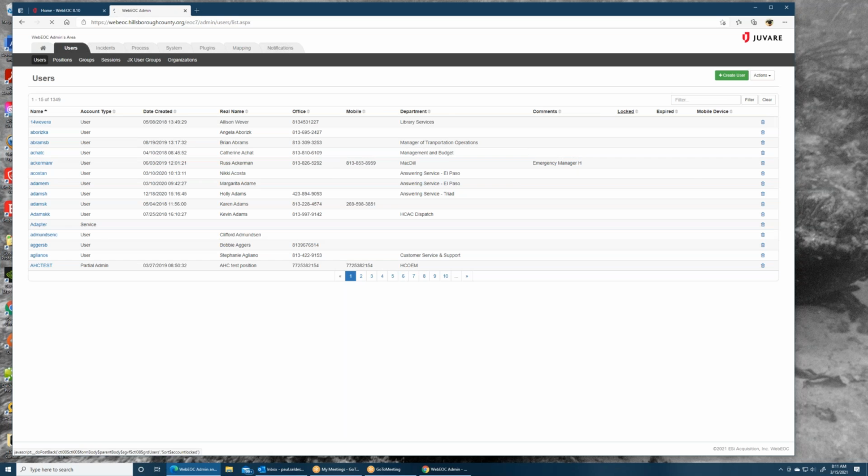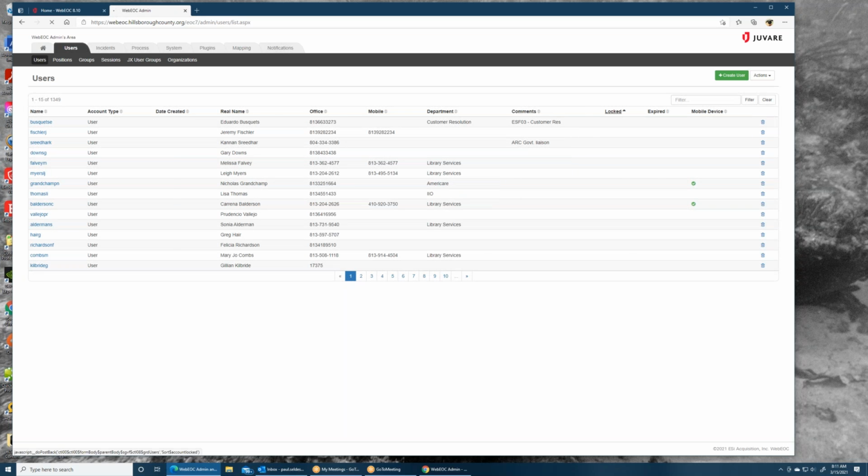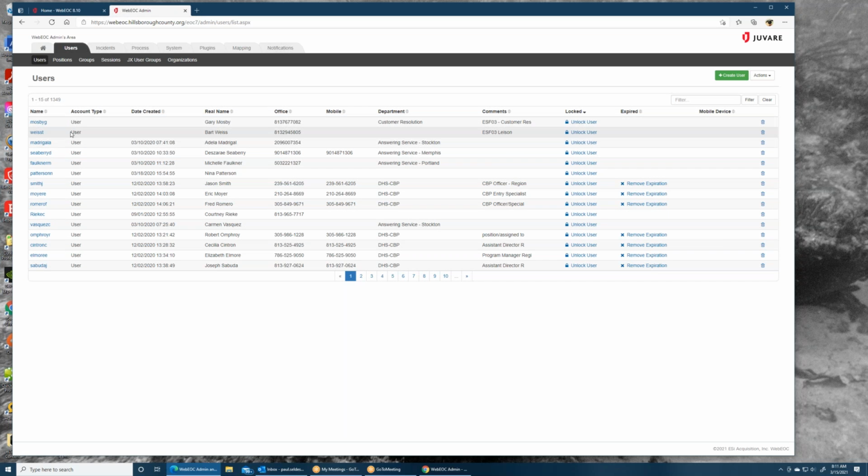So let's see who's locked. If I sort on that, there you go. So we have a bunch of users that are locked. I'm not going to unlock any of these. They probably need to be locked for some reason. But you can very simply click the unlock user link and unlock them, or you can open up a user that is locked,